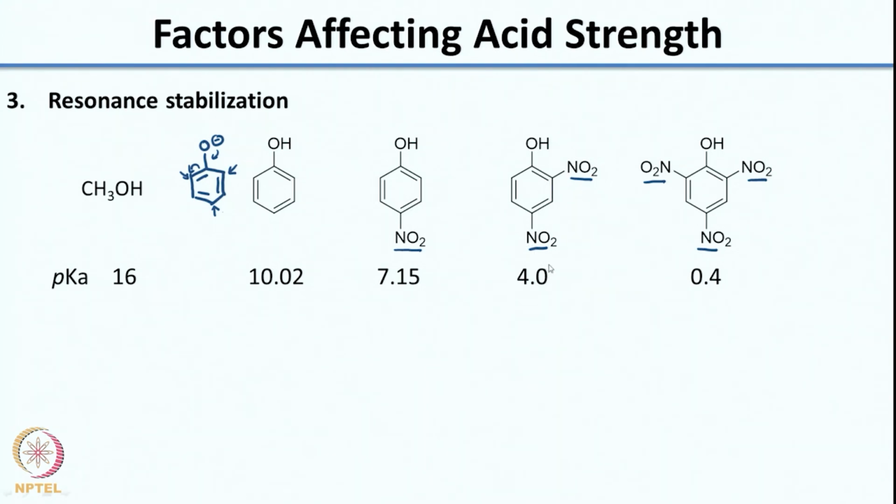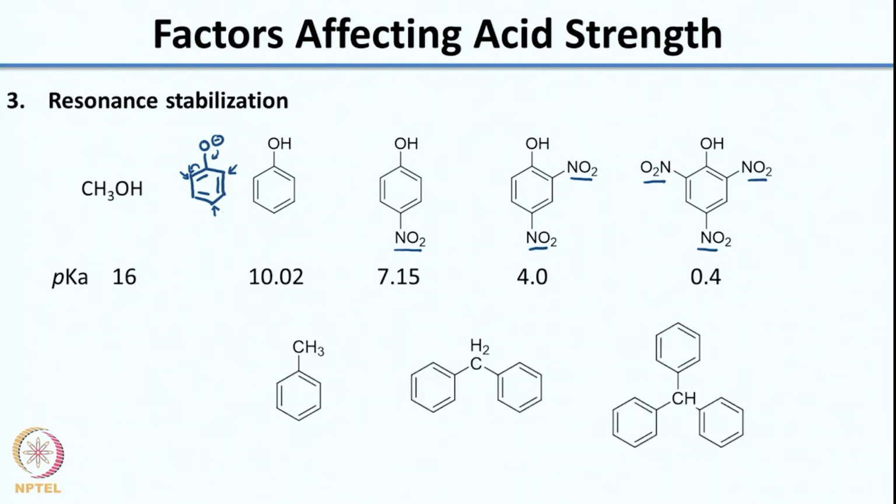So this is due to the resonance stabilization. Now we will take another case here. So here you have toluene. So imagine you are thinking of deprotonation of toluene, the C-H bond. As you increase the aromatic rings here, the conjugate base that you are generating will be